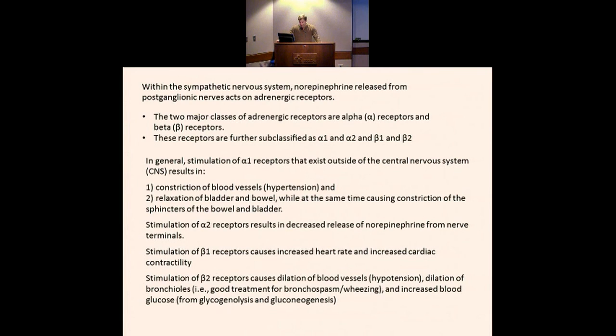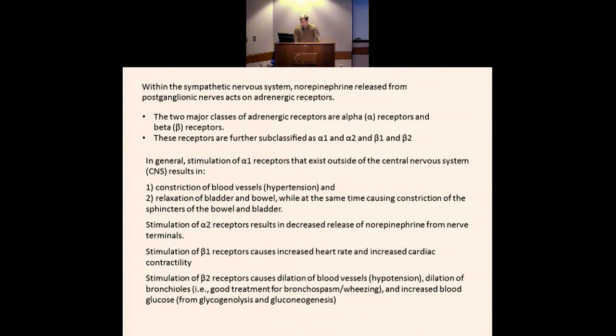In general, stimulation of alpha 1 receptors causes vasoconstriction. That's where we use something like neosynephrine, which causes vasoconstriction and increases the afterload. Alpha 2 receptors result in decreased release of norepinephrine from nerve terminals. That one's not that important. The beta receptor is important. Stimulation of the beta 1 receptor causes increased heart rate and increased cardiac contractility. When we give epinephrine, it is primarily beta 1 stimulation,